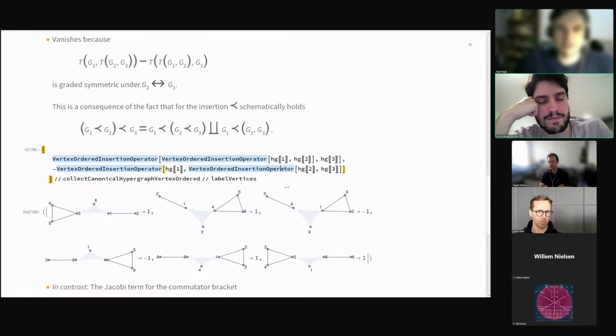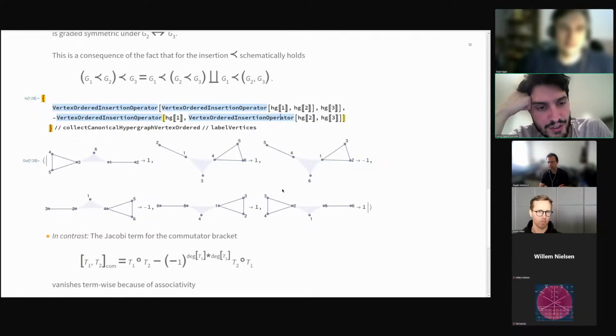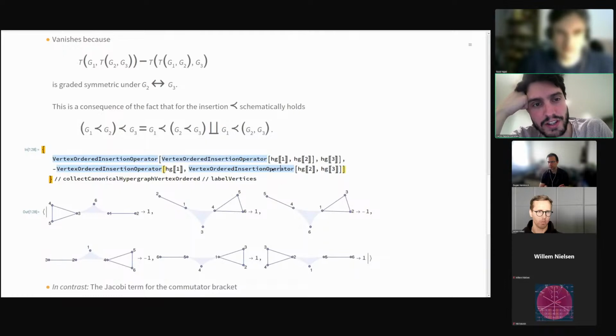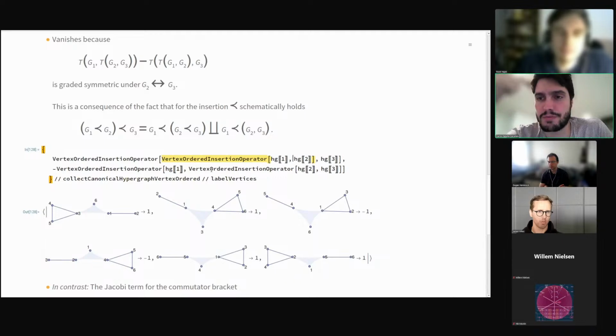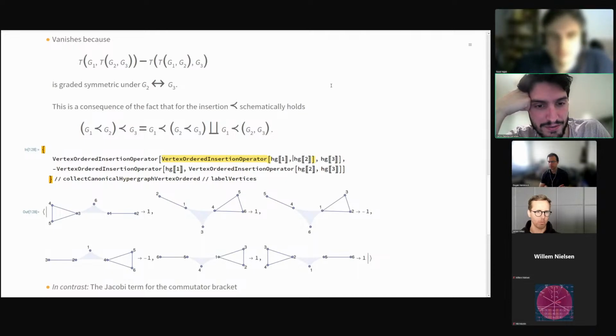So it's not vanishing because the associator is zero. I think it is quite intuitive that this operation should not be associative, right? Because you're doing some kind of averaging of insertions. If you're doing a single insertion, then maybe, but because you're doing all possibilities summed over, it really abstracts it from being associative, which is what makes this so interesting.